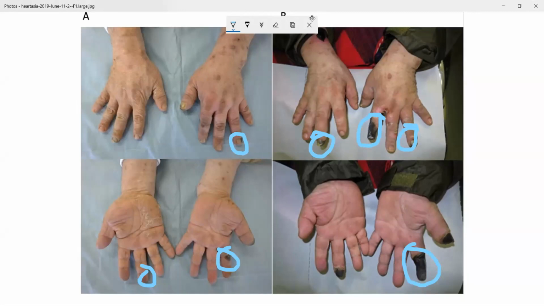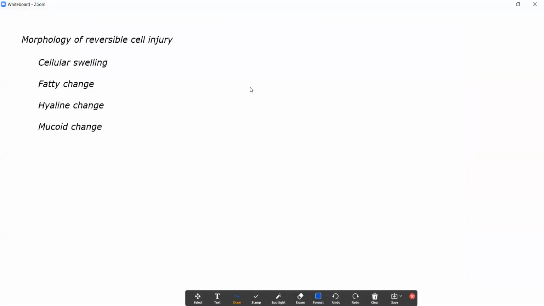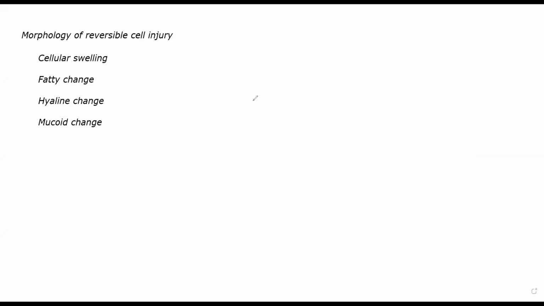Eventually, what will happen is you'll have to cut off that part because necrosis is something that you cannot treat, and necrotic tissue spreads. The chemical constituents of necrosis will start spreading in such a way that it will start affecting the nearby tissue and nearby cells, and those cells will start dying as well. That is why it is generally advised that any necrotic tissue or any gangrenous tissue will be cut off. Okay, whether it is a finger, a limb, whatever it is, it needs to be cut off.